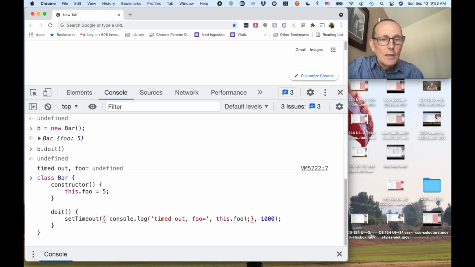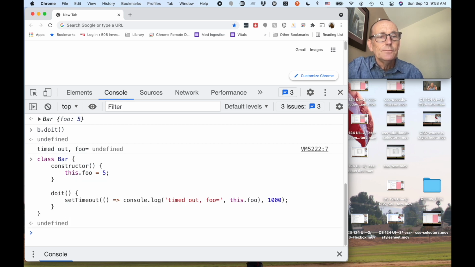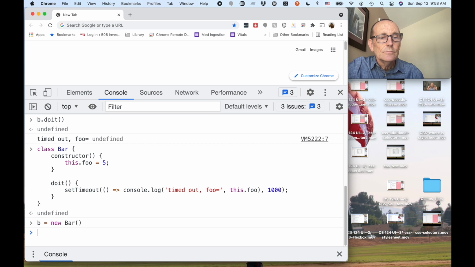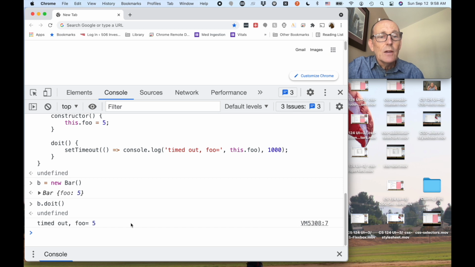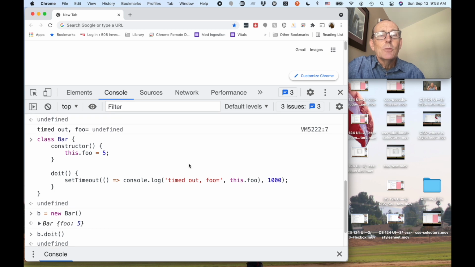So let's go ahead and change it to an arrow function. Okay, and we're going to see "timed out foo equals 5". So it successfully remembered the value of this. That's really one way to think of it: when you use the anonymous function syntax, it forgets what this is. And so when it's called later, it has no idea what this is. It's using some different value of this. But when you're using the arrow syntax, it does remember the value of this, along with all other variables that